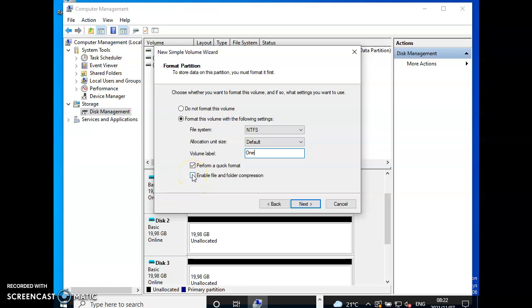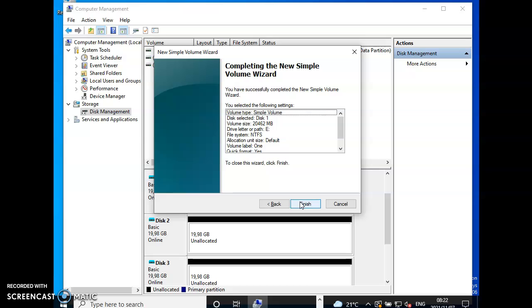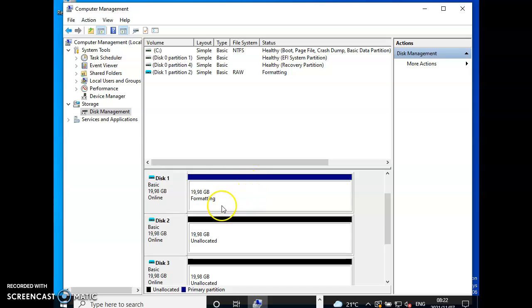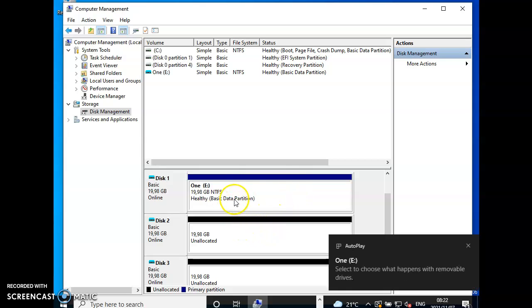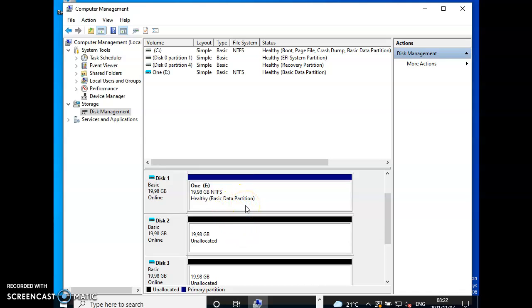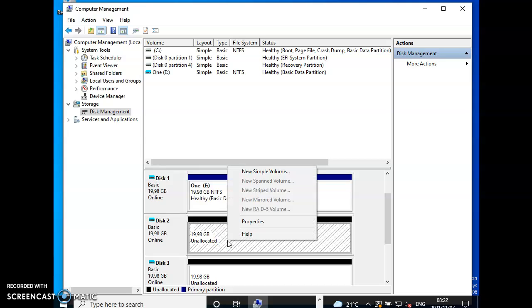Then next you have to enable file and folder compression. Tick this option and click next. So you click finish. While it's formatting, on your own computer, it might actually bring a dialog box which says that you should format the disk. When it brings that dialog box to you, click format disk, click OK, and do the formatting